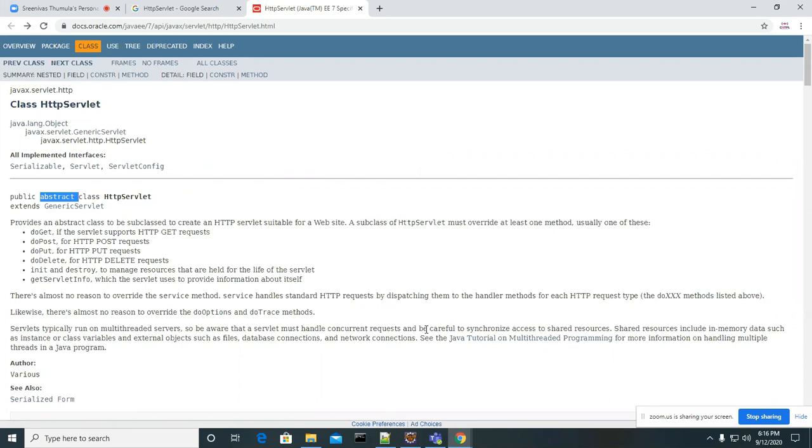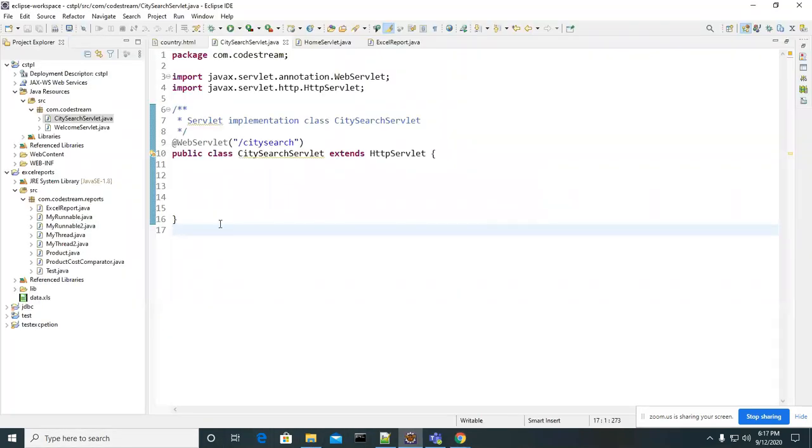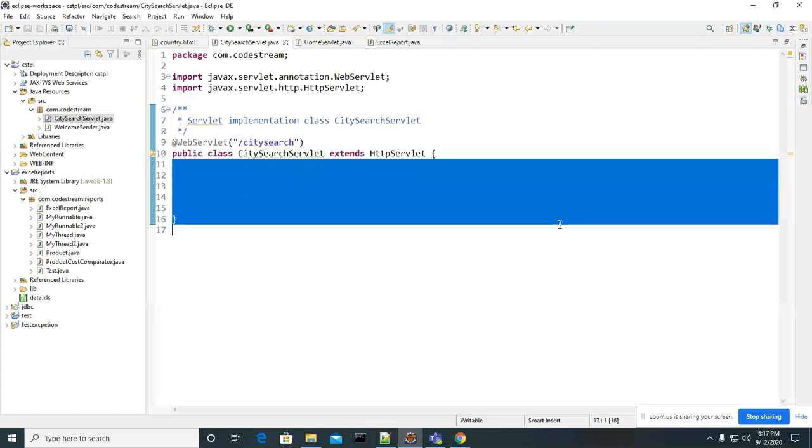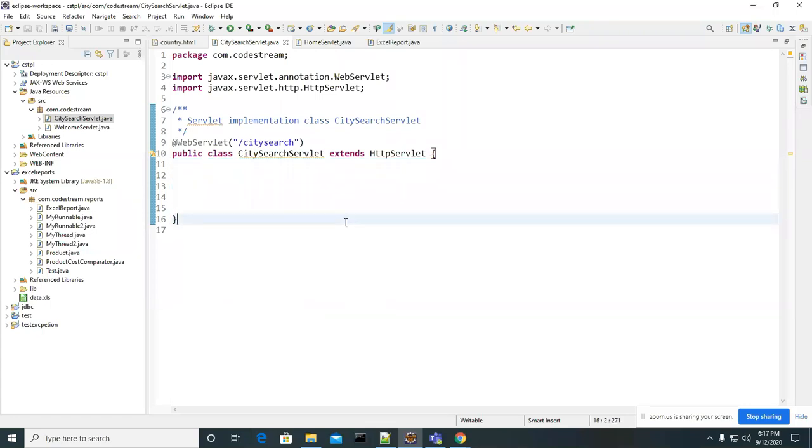That means we cannot create an object for that also. So these are the two things about abstract classes. We are just extending that class. So now I wrote a simple class by extending that, but I did not provide anything. It's an empty class now.